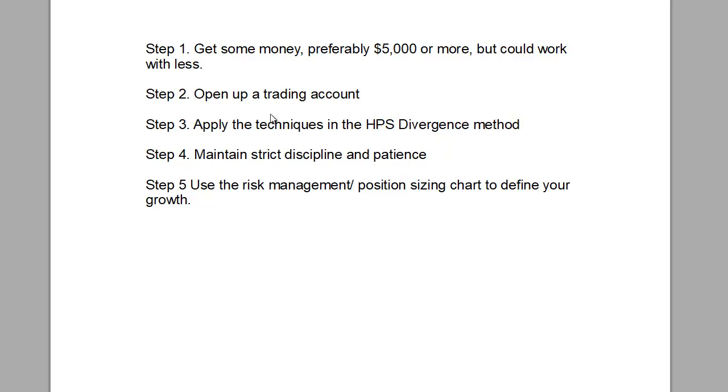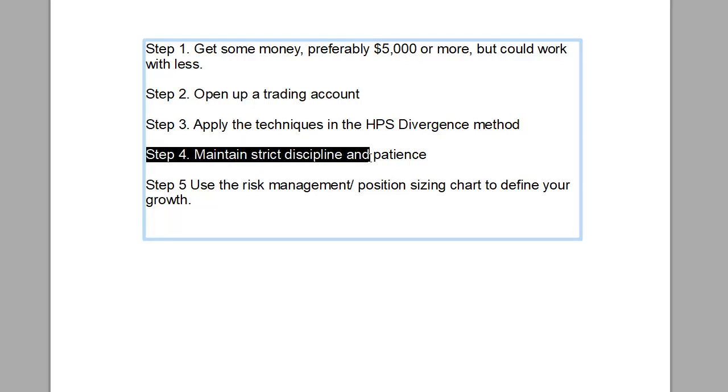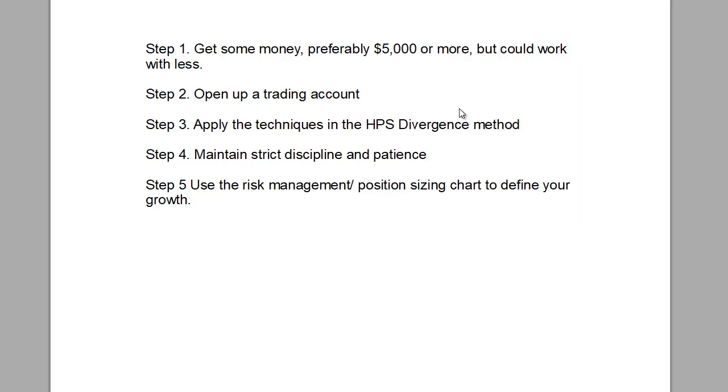Now, if I could put a freehand circle around this, I want to circle that one, because that is the one that is going to stop everyone. Right there. That is the one that kills a trader. Strict discipline and patience. Discipline to abide by the methodology. There's a strict criteria of how to get in and how to get out, and most people will not abide. Believe me. And sometimes it just has to happen.